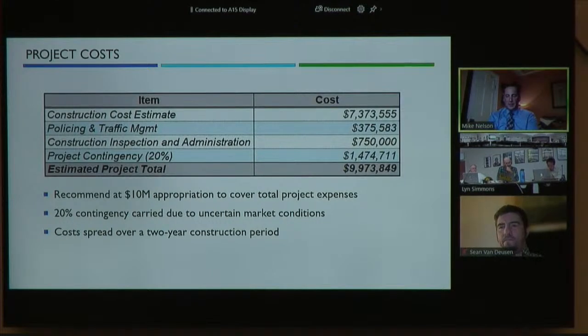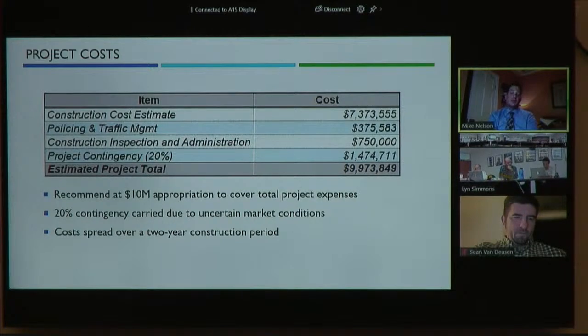The bidding environment since the pandemic has been challenging, to say the least. My least favorite part of the job is the cost estimate, because the best I can hope for is to do my job perfectly and no one cares or notices, but more often than not, you just have all the chance in the world to be wrong. We have gone through great lengths to try to not be wrong, including a 20% project contingency for everything from the volatility of the labor workforce, how much we now have to pay people, to the cost of the ductile